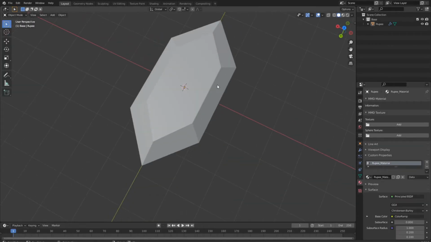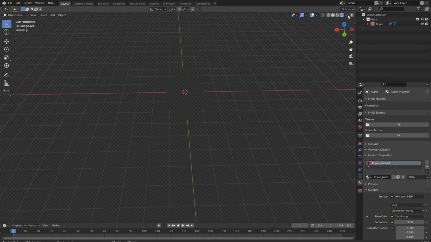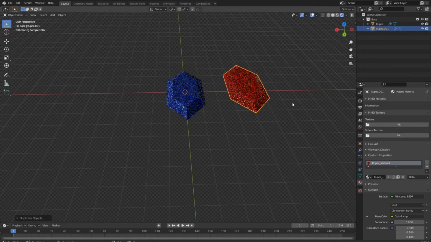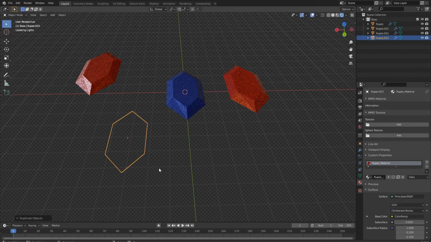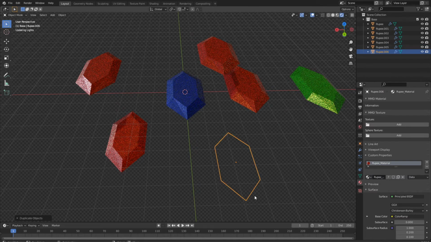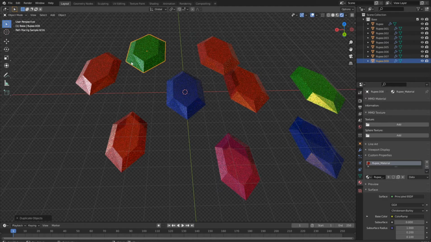I will go back to the layout section and will now show a quite little trick you can use to render your things out. If I go to the outline and duplicate the rupee, we now get a random number on the object. As you can see, the odds are quite numerous, so we get pretty much many different colors. But every object we take also increases our render time. So